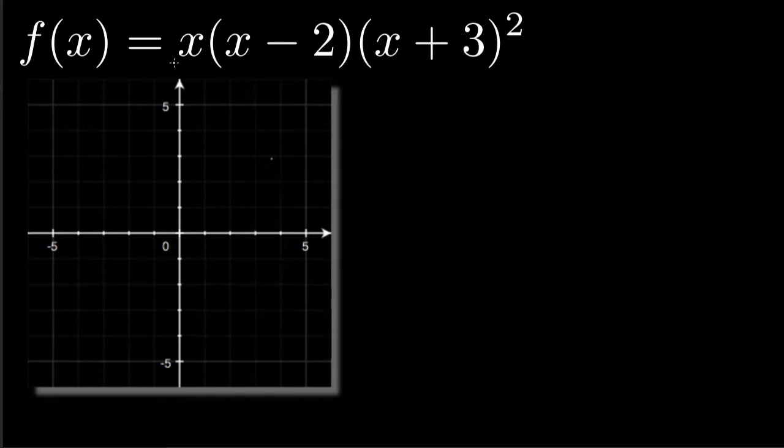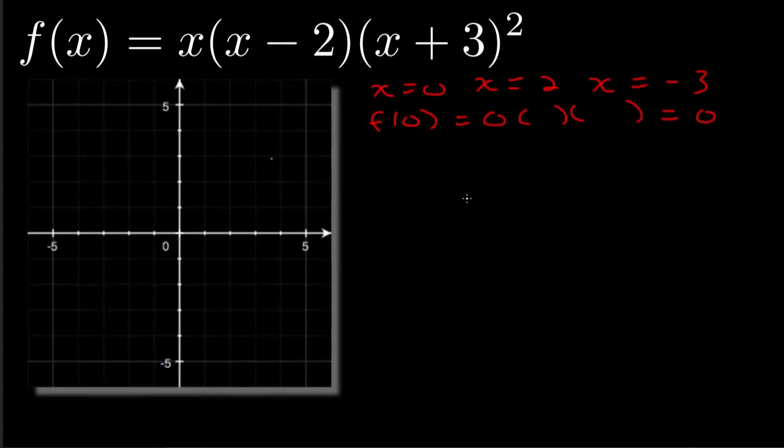So as a second example, I've got something very similar, but this time the last term is squared. So I'll go through the same steps. My x-intercepts or my roots are x equals 0, x equals 2, x equals negative 3. My y-intercept this time, I'm going to plug in 0 for x, and I get 0 times another two terms, which don't matter because I'm going to get 0 again. And for the new material,